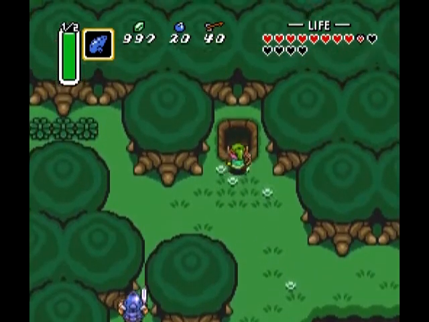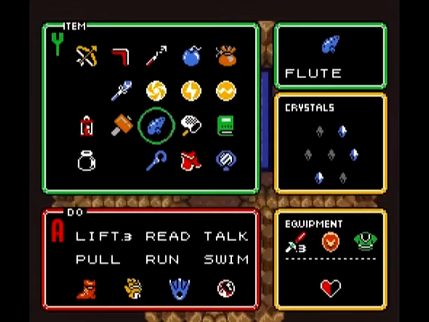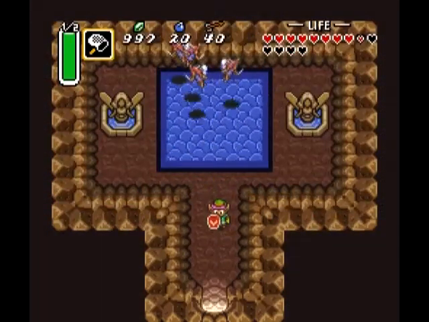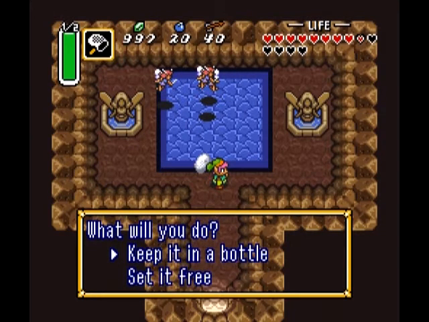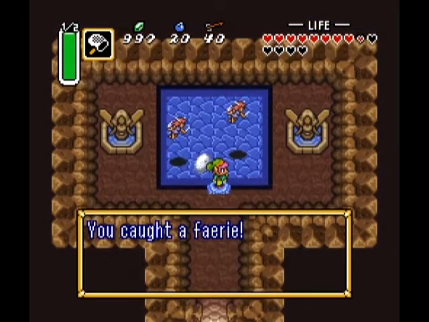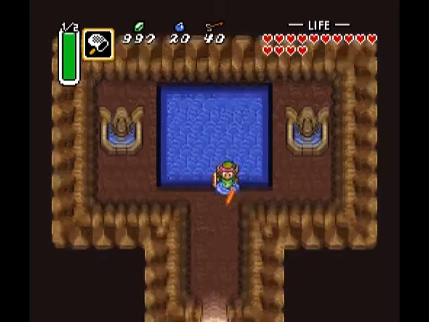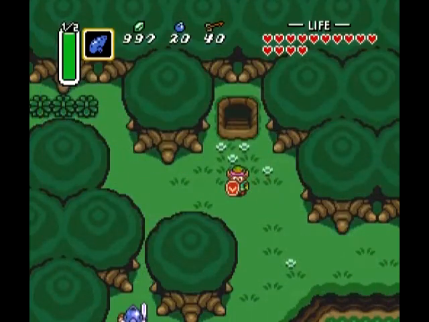But no, really what we're doing is we're actually going to head down here, fill up our bottles with some fairies. And of course, we'll probably take one for ourselves, because life's kind of low. And that should do it. Alright, cool. Now that we've got that done, what we're going to do is head on off over to Kariko